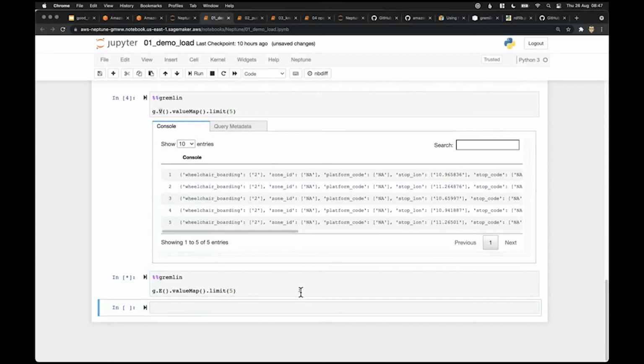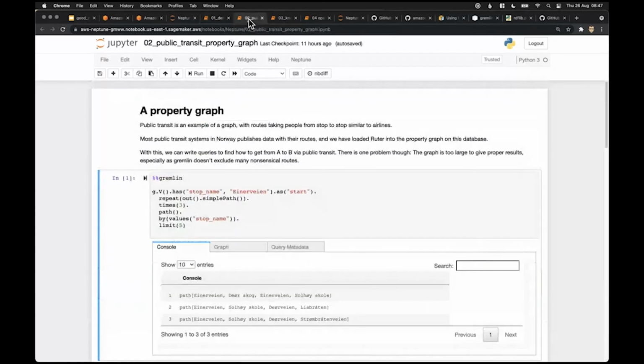Live coding is always a gamble, but it seems the notebook has decided to take its time now. This should be really quick. Moving on, in any case,